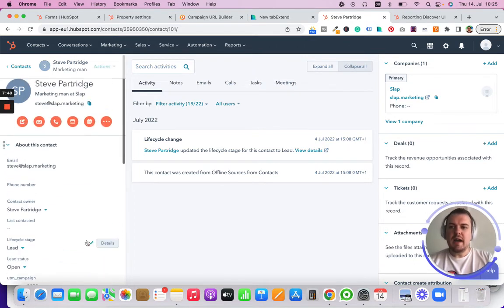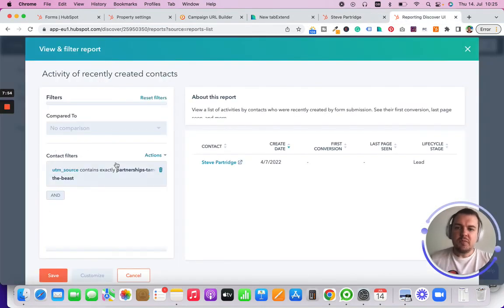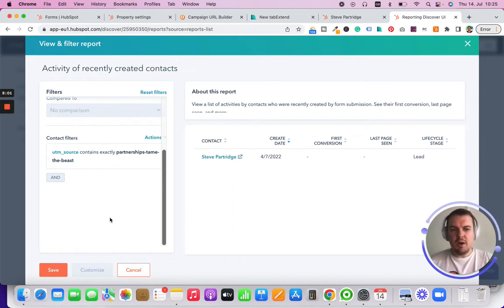Okay, so now on a larger scale, we would want to report on this whole campaign. So then we would go to reporting and we would create a report. And all we would need to do is to say which time frame we want to use. So let's say it's this quarter. We would say form submission is book a demo. Then we would add any of our UTM parameters. So for example, we would want to know if the UTM source was Tame the Beast, which is our partner organization, or we might want to say,